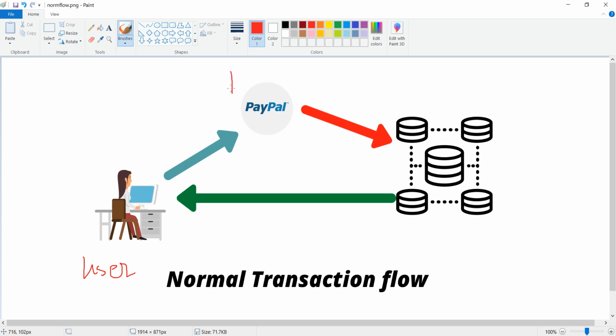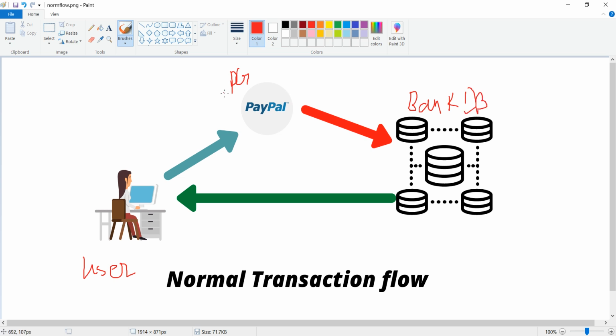Then the payment gateway that we have is the PayPal system. There can be any payment gateway, which is just a mediator to carry out your transaction process. And at the end you have a database. Consider this as a bank database.